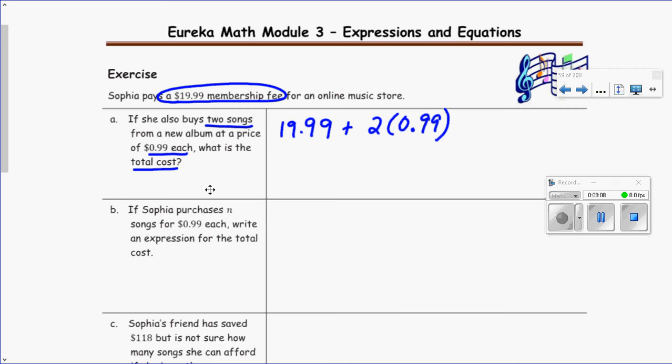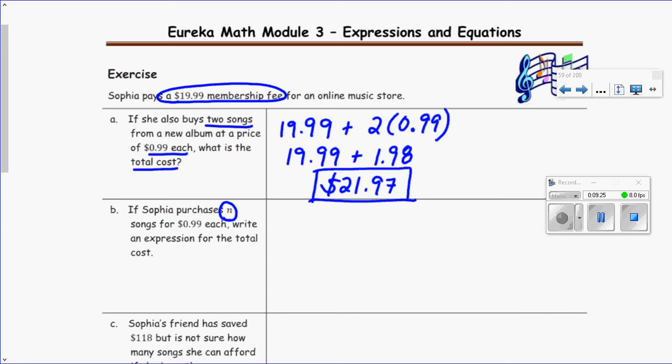Okay, so did you get $19.99 plus $1.98, which is $21.97? Okay, what if she purchases n songs? Okay, that could be 1, it could be 5, it could be 100, it could be 1,000. We don't know, but we can write an expression